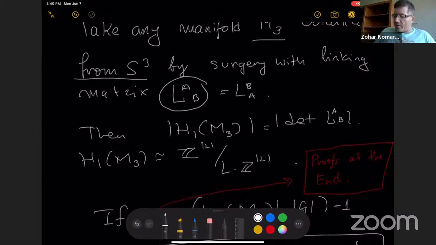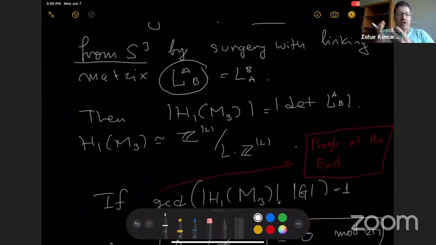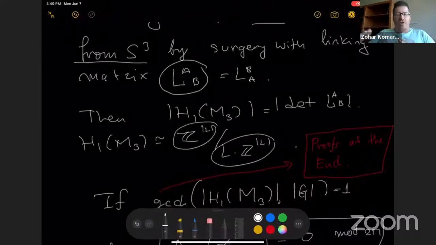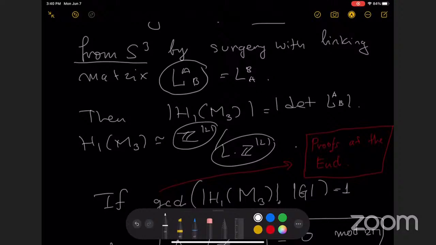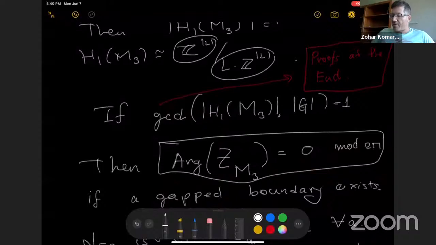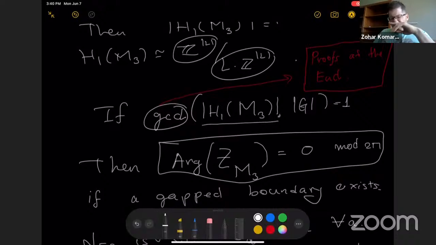The matrix L specifies the full homology group, not just the dimension of H1. It's just a quotient of the integers, some lattice of integers, modulo integers that can be obtained by acting with the matrix L on other integers. And now I'll give you the main claim about these theories. The first main claim: if the greatest common divisor of the rank of the homology of the manifold and the number of abelian anyons